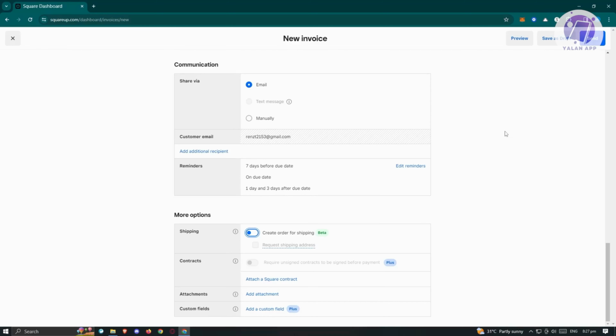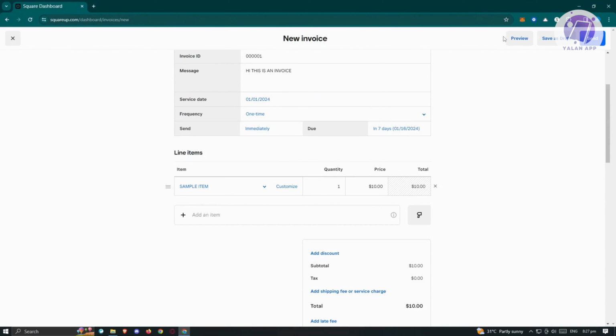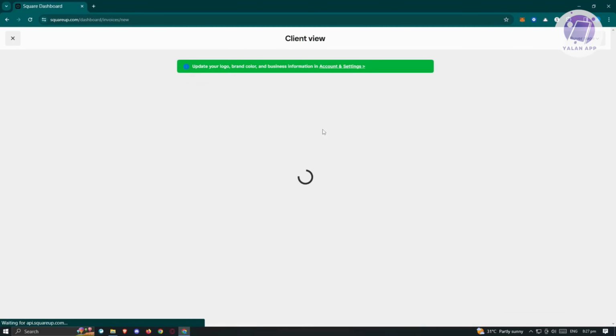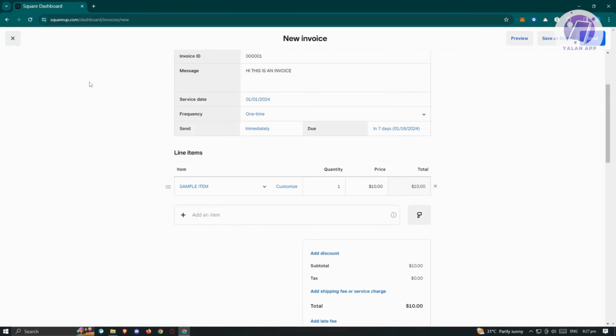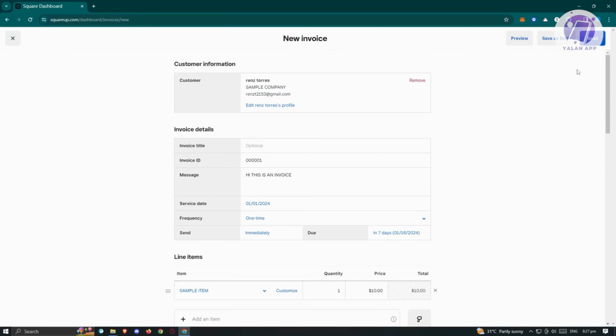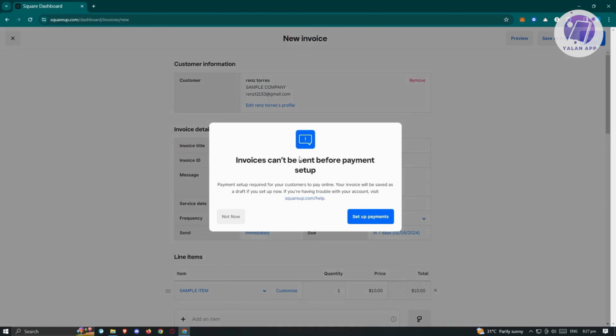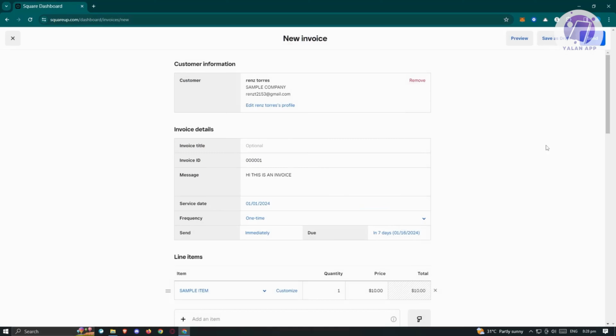But in this case, if you want to preview your current invoice here, just click on preview at the top right and you should be able to view it. As you can see, it is going to be the preview of our invoice. Now in this case, click on the upper left here, the X, and if you want to send this, just click on send at the top right, and from here it's going to say invoice can't be sent before payment setup. So you need to set up your payment first, so go ahead and click on set up payments here. But once you're able to set up your payments here, you should be able to send your invoice here,